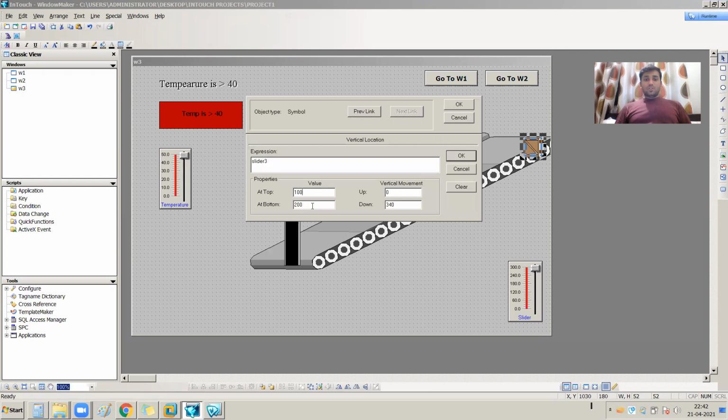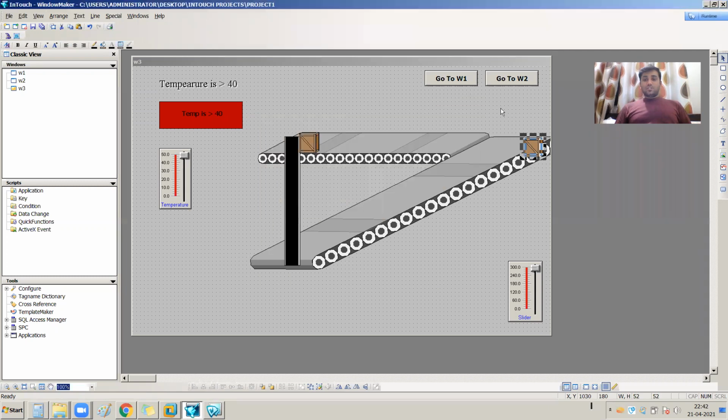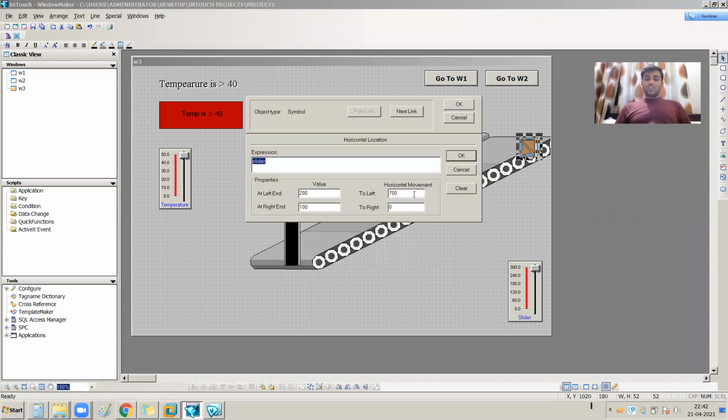Vertical, top to 200. Okay, the top value is 200 and bottom value is 520, and 1070 to 350. Okay, so what is the horizontal movement? From 0 to 200 it will move the 700 value.